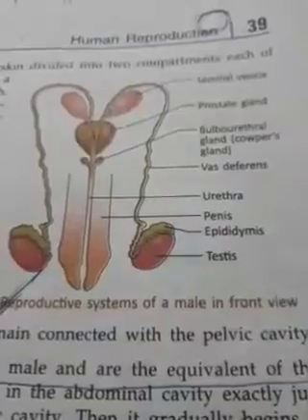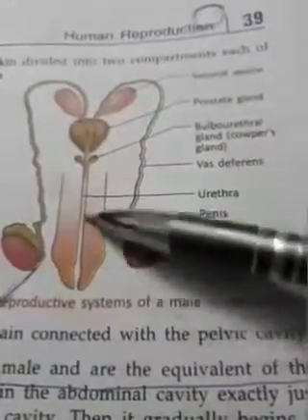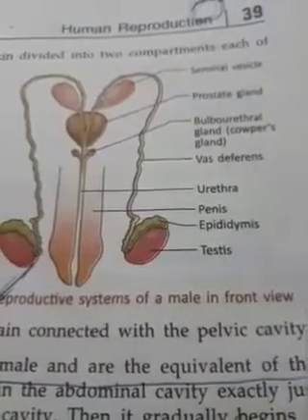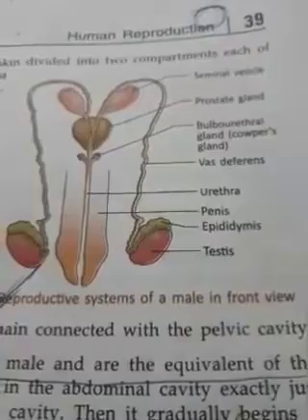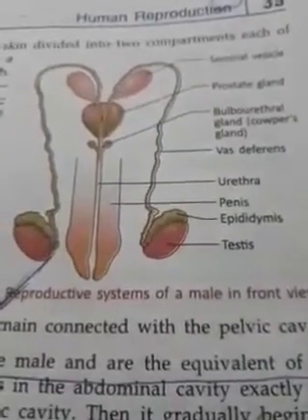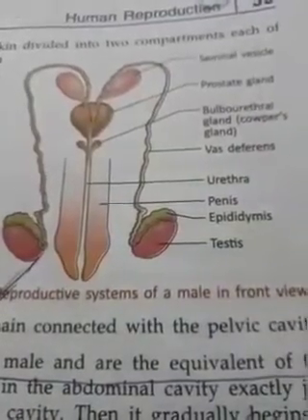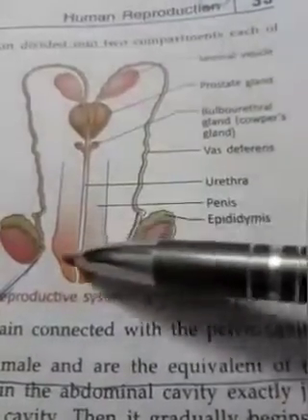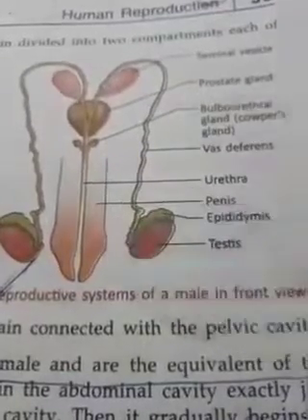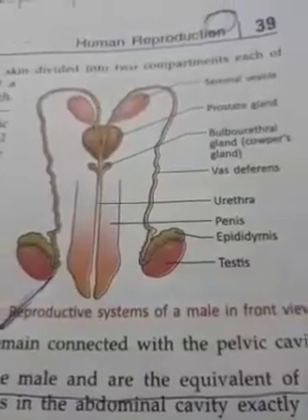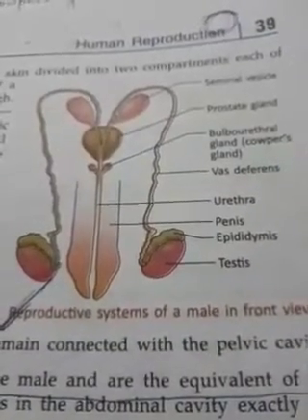Lastly, coming to the penis, which is an external sex organ within which lies the urethra, which acts as a common pathway for the excretory system, that is the urine, to pass out, and also for the semen containing the sperms for reproduction. So the urethra is a common pathway for both urine and sperms, and it is surrounded by a muscular structure known as the penis, which is located outside of our body. So this is all about the external structure of the male reproductive system.